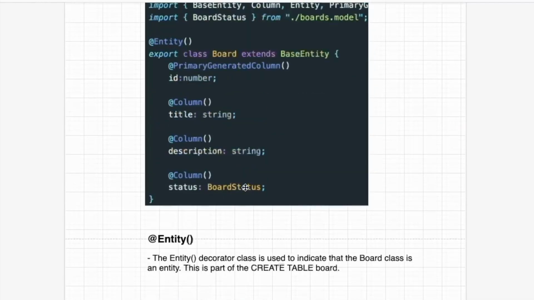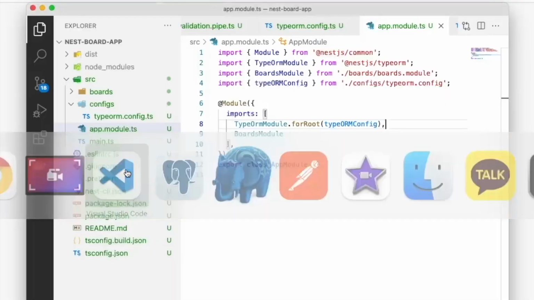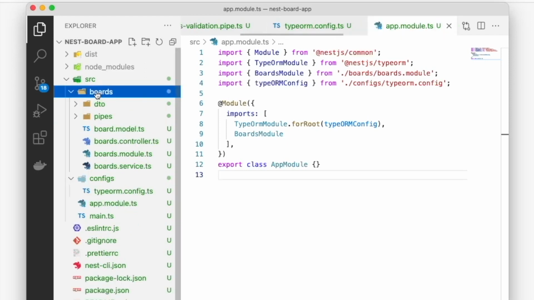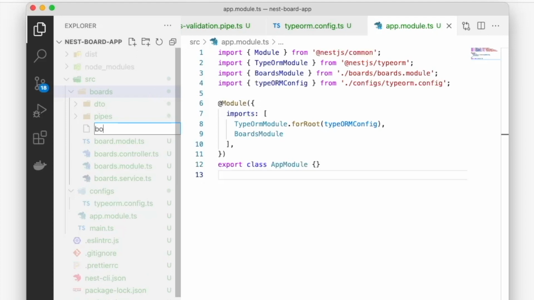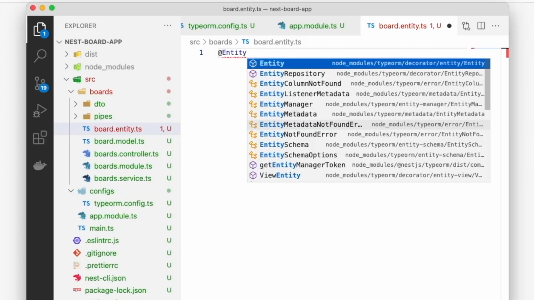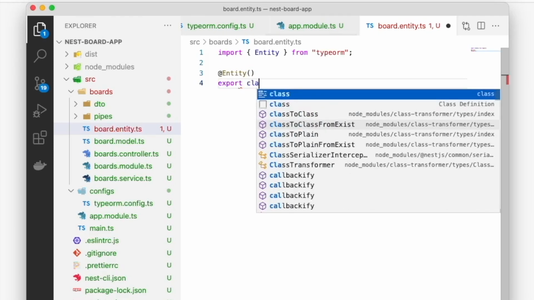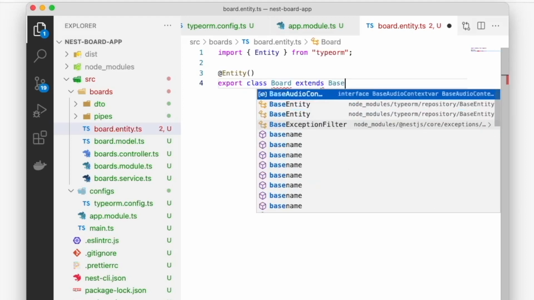So we are going to type this one in our text editor. So come to our text editor. So first we need to make the entity file inside the board folder. Here the name will be board entity.ts. So in here we give the entity decorator first and export class Board extends BaseEntity,